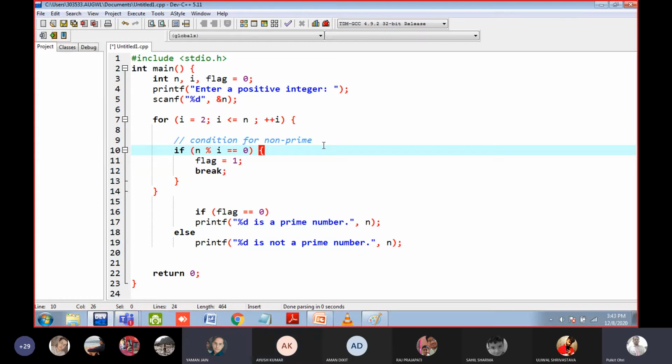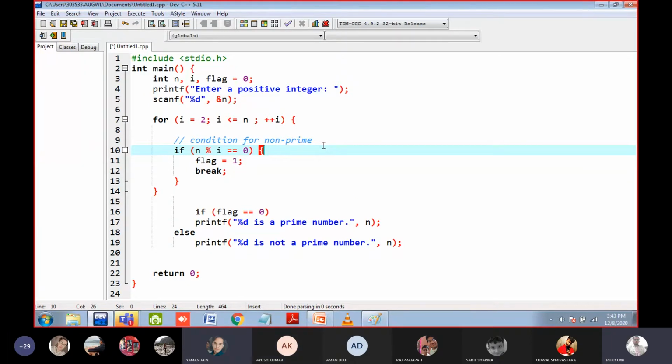Sir, n equals to 13. So first it will divide 13 by 2. The remainder is there, so it will not come inside the if condition. Again the loop will run, so now i equals to 3.